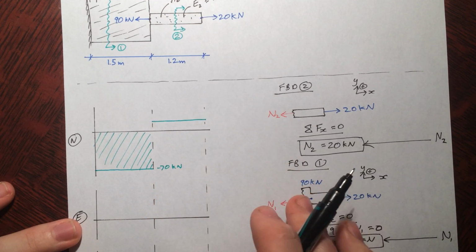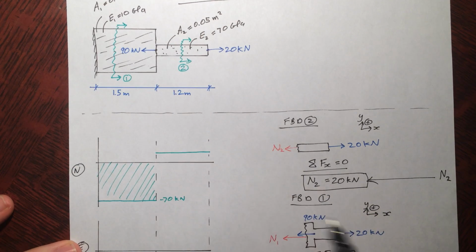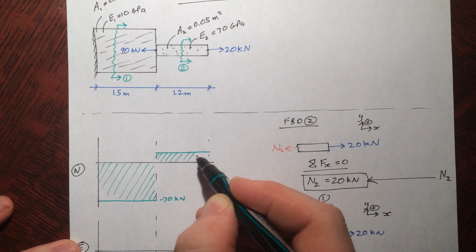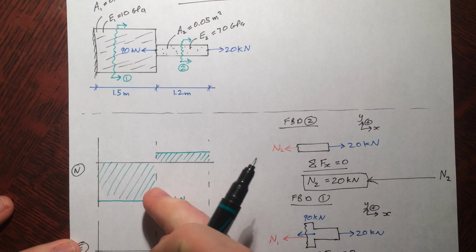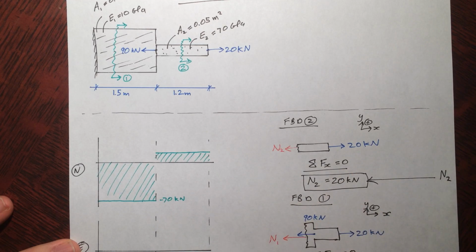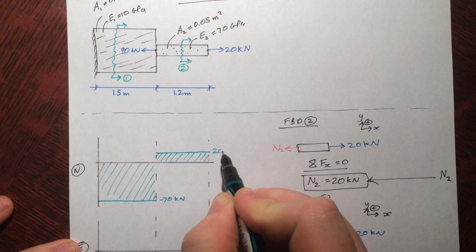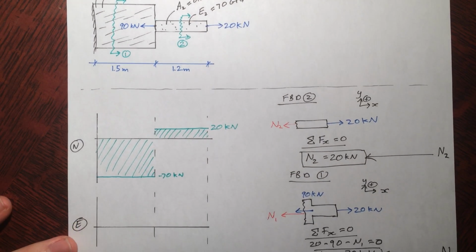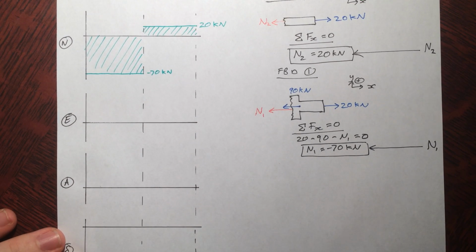Alright, now if you notice, the distance it jumps is the amount that this force here is. Alright, and that totally makes sense, because the only reason it changed is because of that force. So it would only make sense that the amount that it changed was the magnitude of that force. There we go. Alright, so let's move into